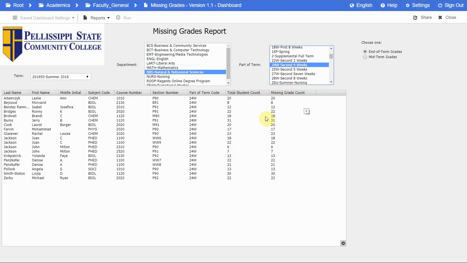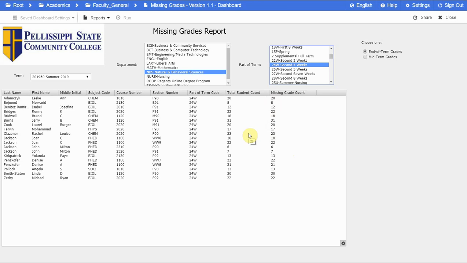If the numbers are the same, then the faculty member has probably not yet submitted grades for that class. If the number in the last column is less than the total enrolled, then the faculty member may be submitting grades, or they could have submitted grades but overlooked someone or made a mistake when entering the last date of attendance. We can then contact that faculty member to let them know that they need to check for errors, rather than telling them that they have not submitted grades yet.